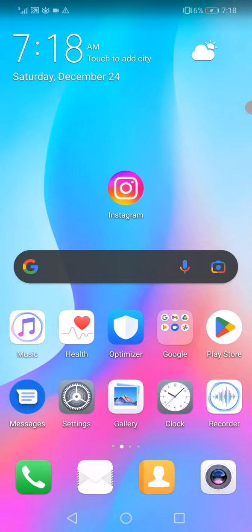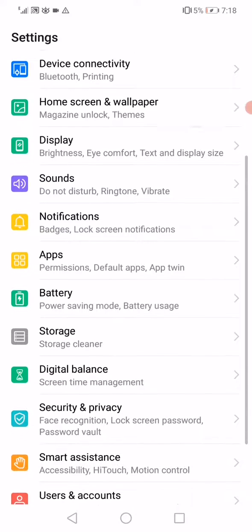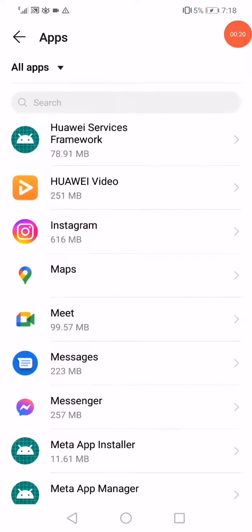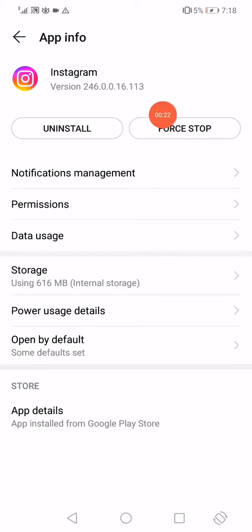So all what you wanna do is open the settings on your phone, go to the apps manager like this, open the apps, go to the Instagram and then click here on this option. After clicking on this option, go to the storage right here,